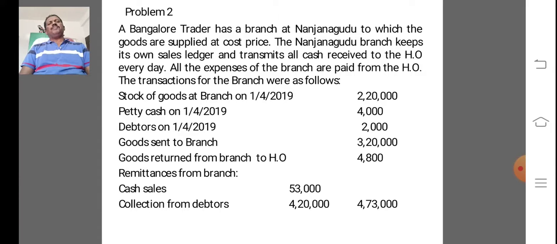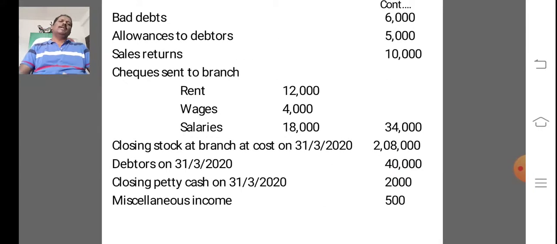Goods returned from branch to head office 4,800. Remittance from branch: cash sales 53,000, collection from debtors 4,20,000. So the total amount is 4,73,000. Bad debts 6,000,